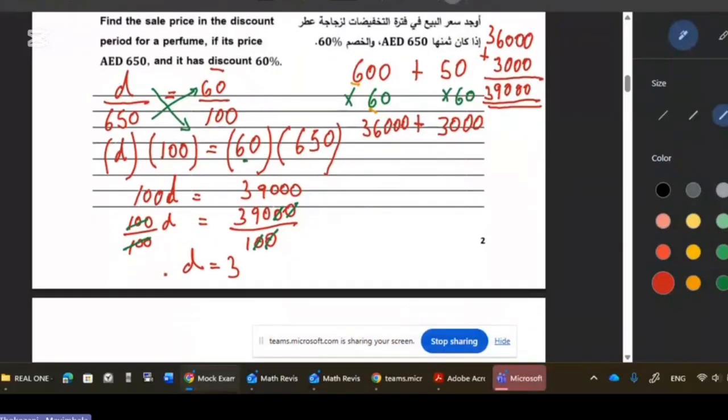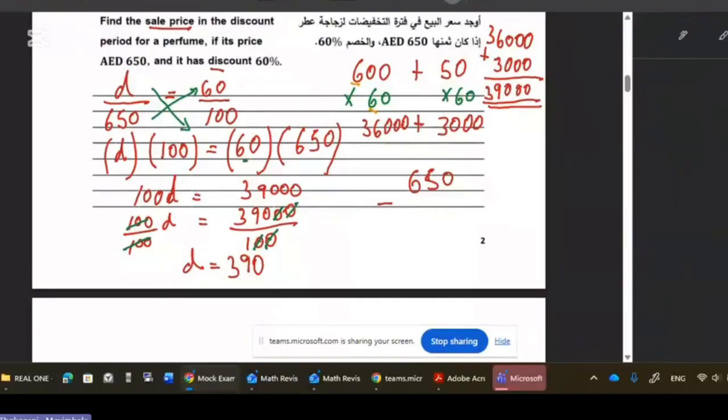Can move this up a little bit. Now, remember now, this is not the final answer. We want to know what is the sale price. Okay, we know that the real discount is 390. So now the sale price, to find the sale price now, I'm going to say 650 minus 390, the one that we've just found, 390. Okay,